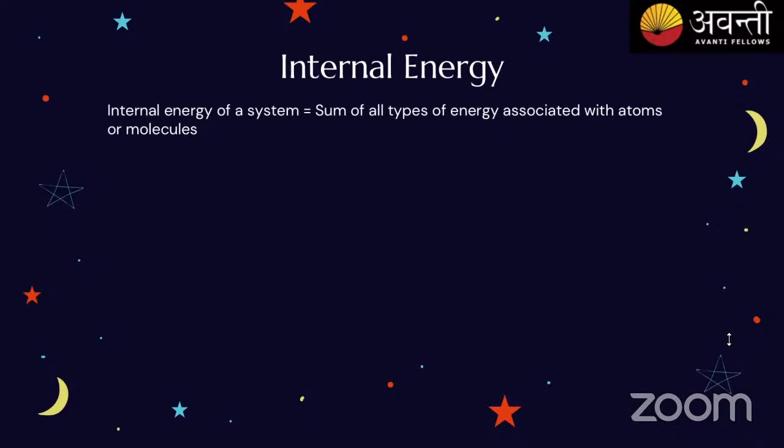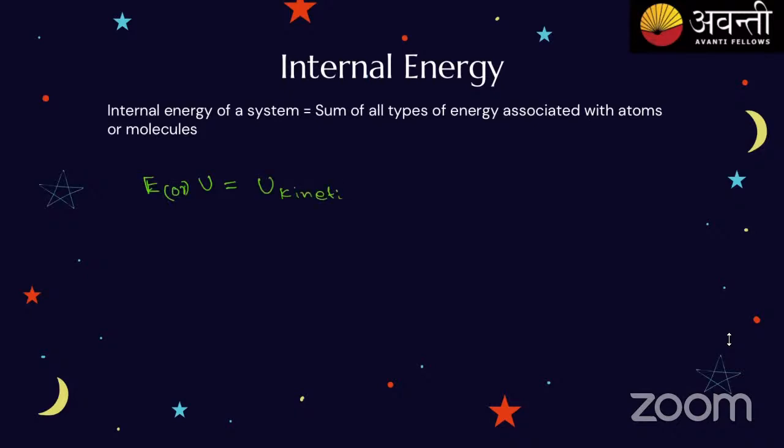Let's say in solids, what happens? The molecules will vibrate. In gases, they'll rotate among themselves and collide with the other molecules. So due to this velocity, there will be kinetic energy and changes in momentum. Here internal energy is U, or we'll also call it capital E. If it possesses kinetic energy, potential energy, or rotational energy, these all come in. If there is a nuclear interaction, there will be nuclear energy.